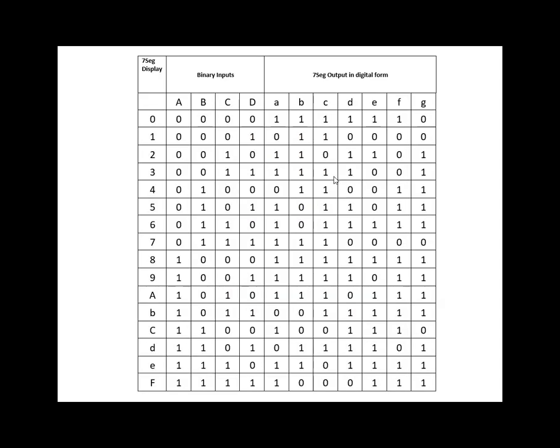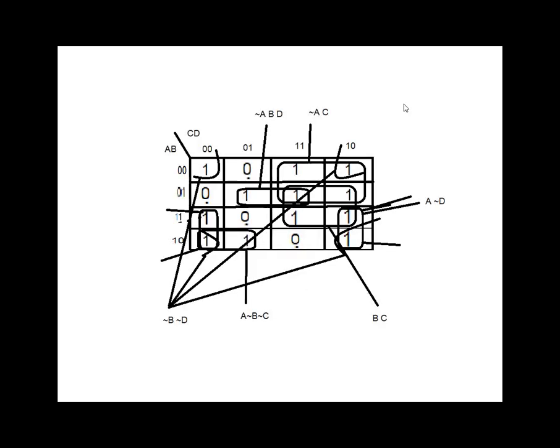Next, coming to the K-maps of this. K-maps are a very important thing in mapping and getting the expressions out of this table. Binary inputs are the inputs for the 7-segment display, and these are the outputs. For every output, that means for each small alphabet in this 7-segment output table, there will be a K-map available. For the K-map, we need to draw a table, and it will be represented like this.